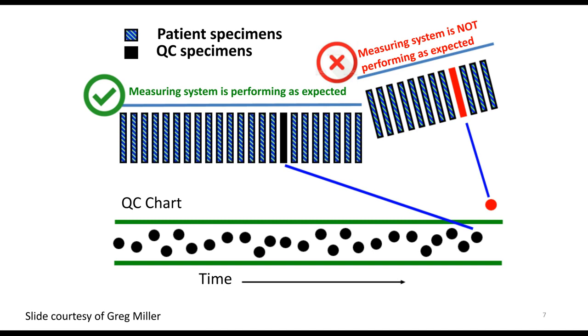QC values that exceed acceptance limits, representing an out-of-control event, may indicate an out-of-control condition, which is where the measurement procedure is not performing as expected. Out-of-control conditions are usually identified by a shift or drift in QC values away from the target mean or an increase in imprecision. QC drifts, shifts, or increase in imprecision identified by an out-of-control alert means that something happened to the measuring system that may cause erroneous patient results.